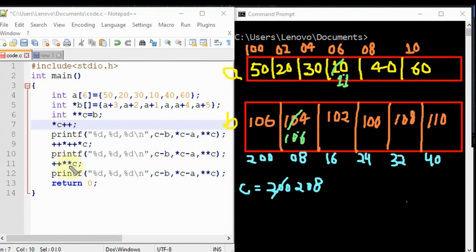Okay, so now let's execute the next line of code. The next line says that we need to access double asterisk C, that is 208 and 106. So now we are inside this, so we are accessing this 11, and now we are going to increment this with pre-increment. Okay, so it will increment to 12. So this is the value that is incremented to 12. Now we are doing printf again in the same way. So 208 minus 200